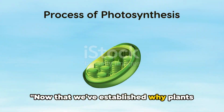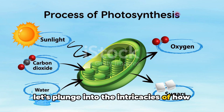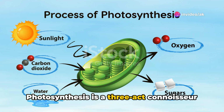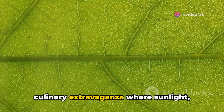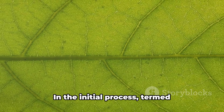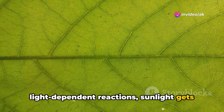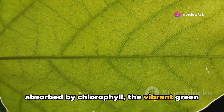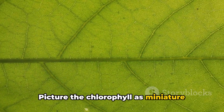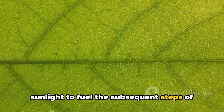Now that we've established why plants don't need to frequent the buffet table, let's plunge into the intricacies of how they become their own chefs. Photosynthesis is a three-act connoisseur culinary extravaganza where sunlight, water, and carbon dioxide form the main ingredients. In the initial process, termed light-dependent reactions, sunlight gets absorbed by chlorophyll, the vibrant green pigment that triggers life in plants. Picture the chlorophyll as miniature solar panels diligently soaking in the sunlight to fuel the subsequent steps of this